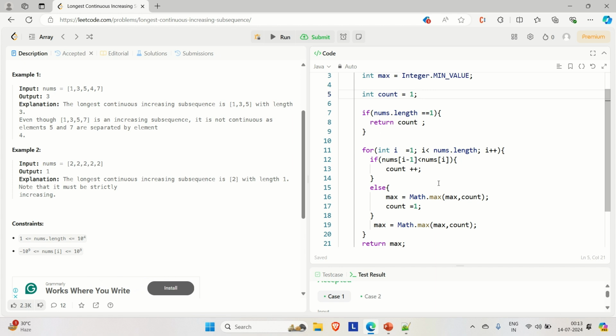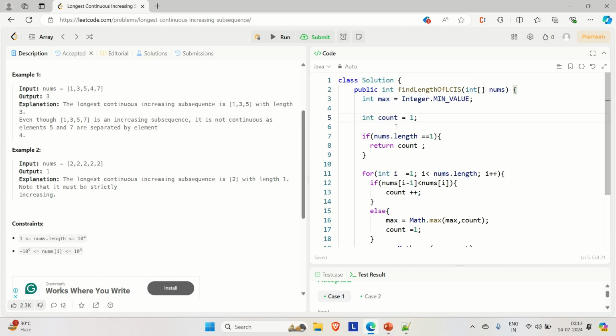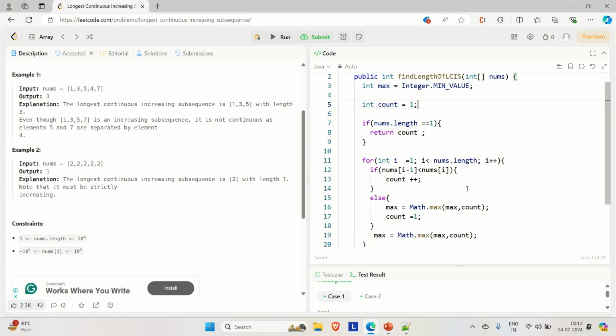We are finding out the continuous increasing subsequence. We are not deciding here what is the longest one. For that we created this variable which is max. So here we are finding out the continuous increasing subsequence, and according to that we are just increasing the count. If something is breaking, then we are going to the else case and finding out the maximum till then. Okay, so till 1 3 5 we have the maximum length as 3, and that is what we are keeping into the max. Okay, and then we are initializing the count back to 1,